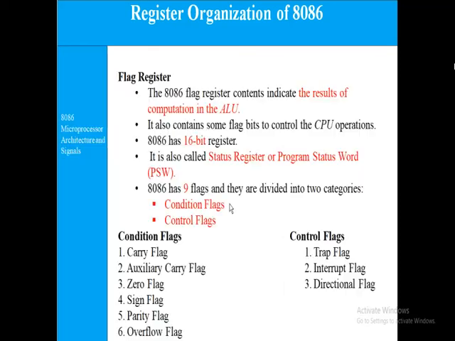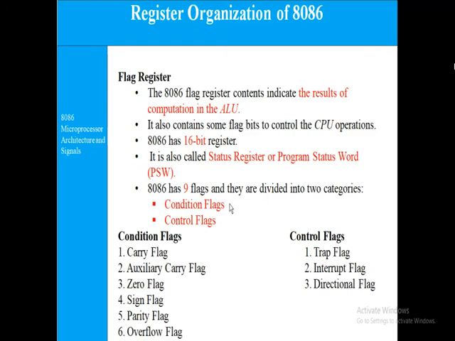The next one is the flag register. Flag register contents indicate the result of computation in the ALU. ALU is the arithmetic logic unit. It performs all the arithmetic and logical operations.